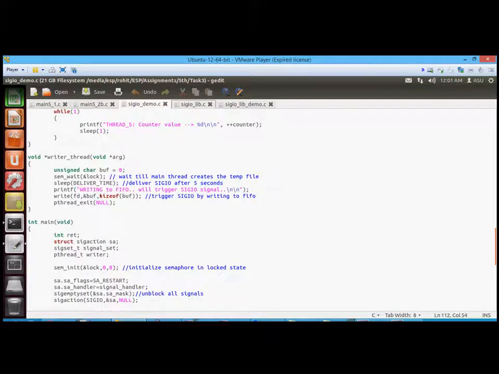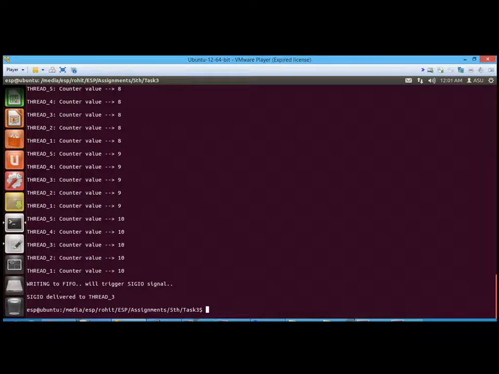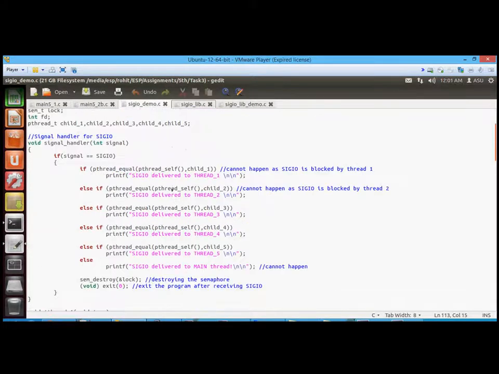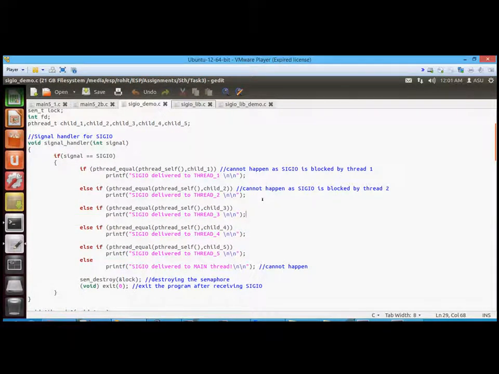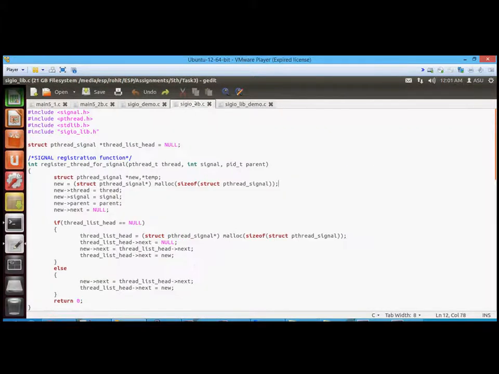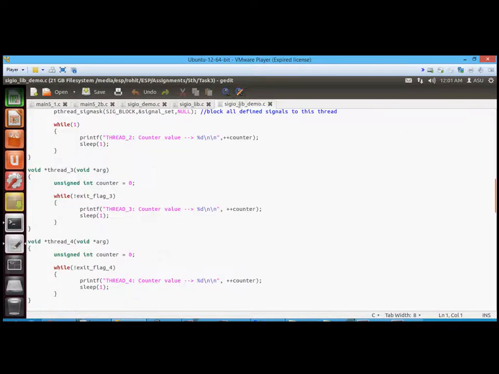When this write happens to the FIFO file, it will generate the SIGIO, and you can see that the SIGIO was delivered to thread 3, which is here. So from this it can be understood that when multiple threads have registered to receive a signal, the signal is delivered only to one thread. The other objective is to deliver a single signal to all the threads that are registered to receive the signal. So for this,